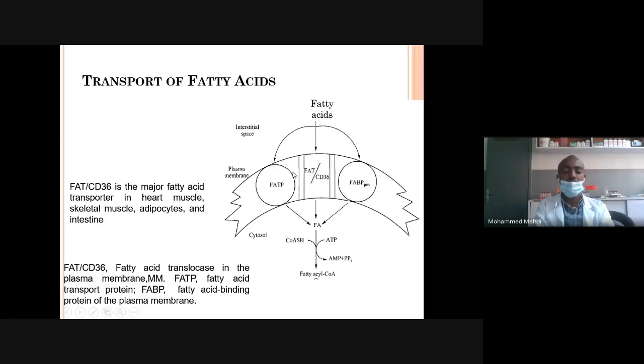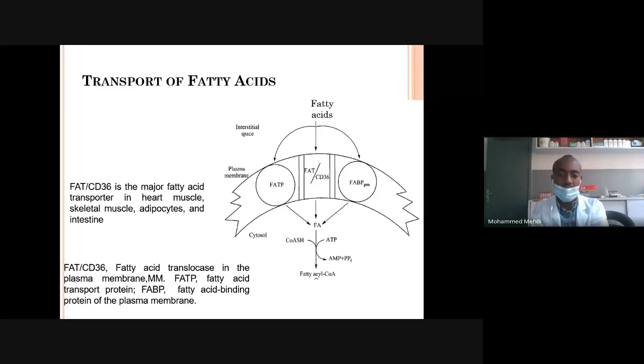Passively, or without energy consumption, fatty acid will be taken into the cell by using this transporter. The heart muscle, skeletal muscle, adipocyte, and intestine do have this transporter, and as a result they can take fatty acid from the blood to the cell. This is an abbreviation for fatty acyl translocase, found in the plasma membrane, which transports fatty acid into